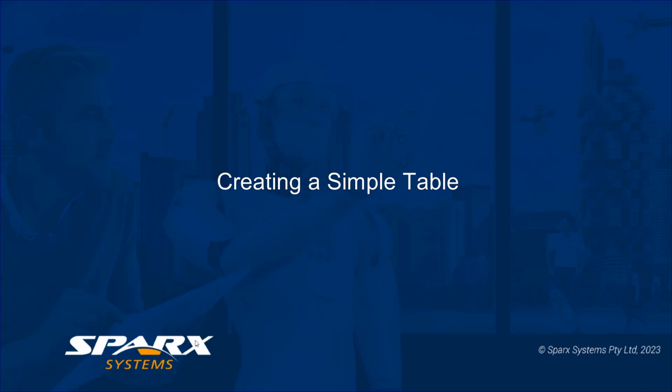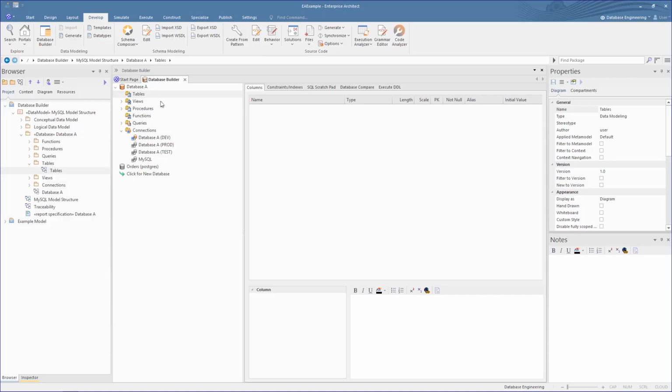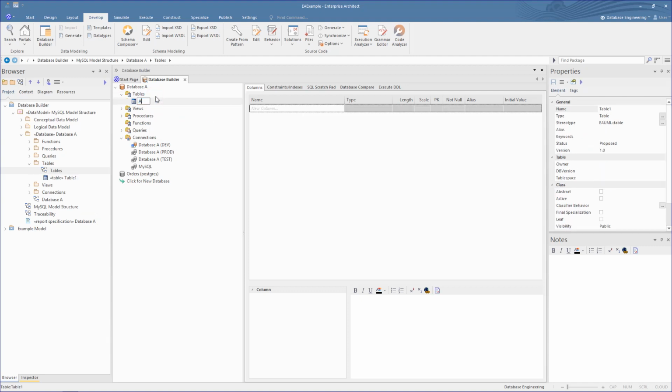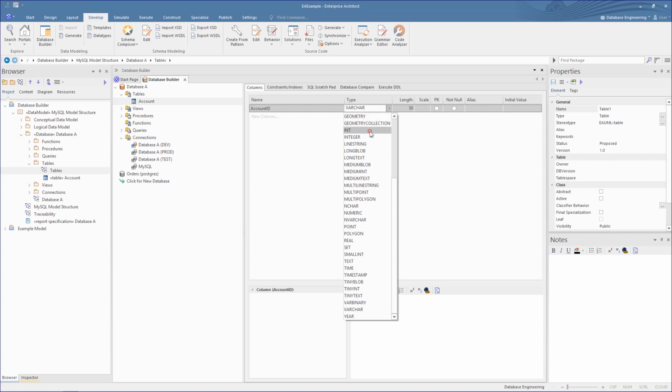Just as a starter, let's define a simple table with some basic fields, which we'll later expand on with multiple tables from an example model. For now, let's create a starter for the user account table in the shopping cart. So from the tables context menu, let's create a new table. We give it a name, account. Then in the columns, let's create some basic columns. First, let's add an account ID. We set this to be of type int and define it as our primary key for the table.